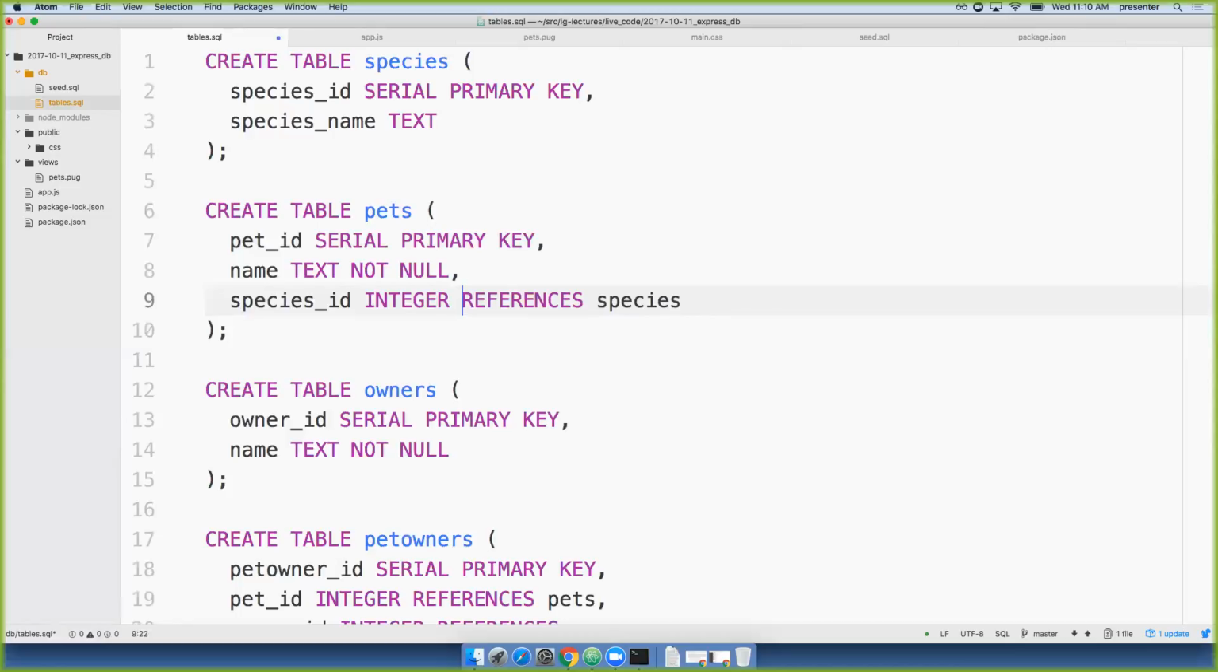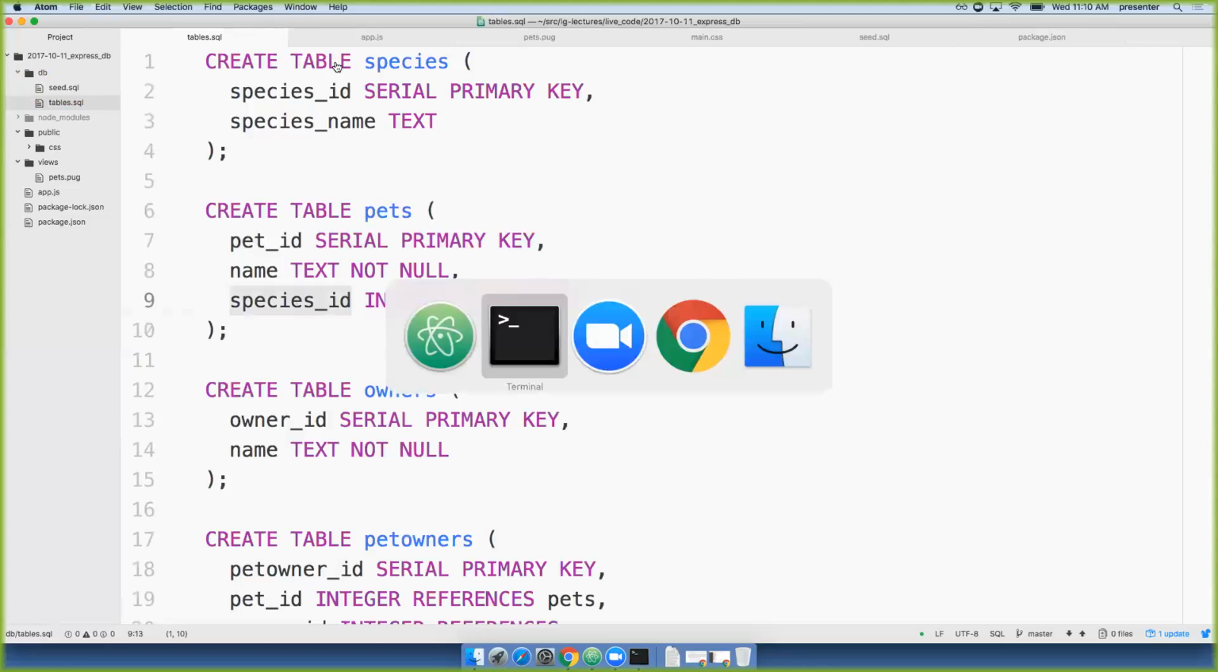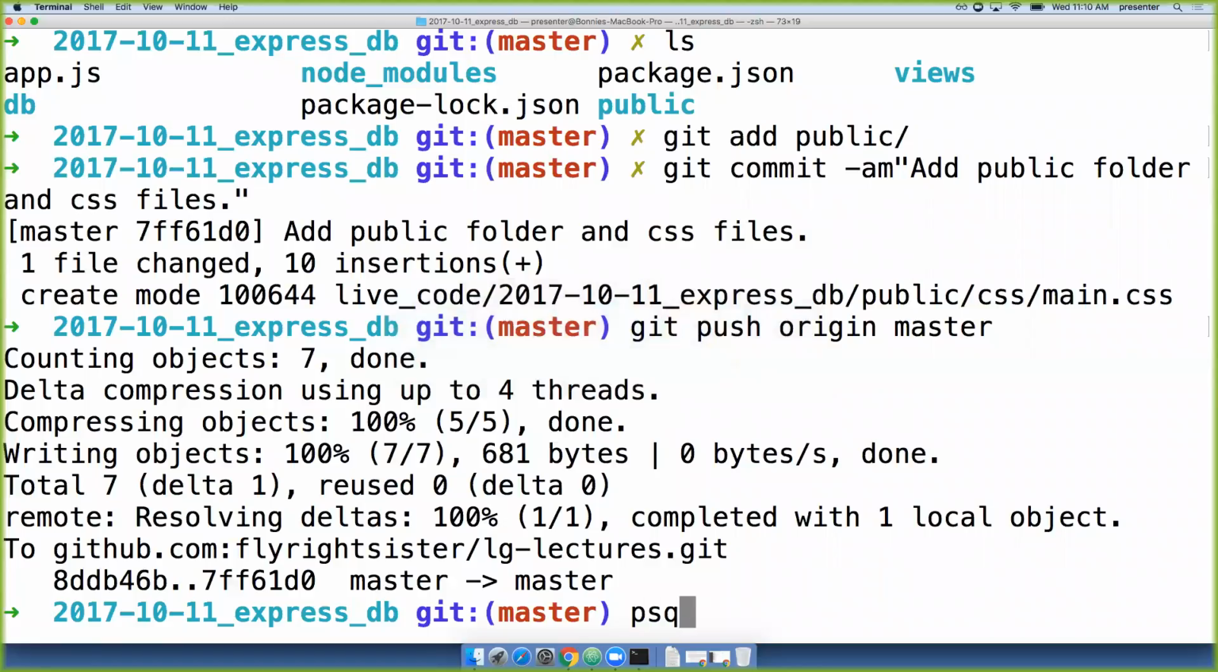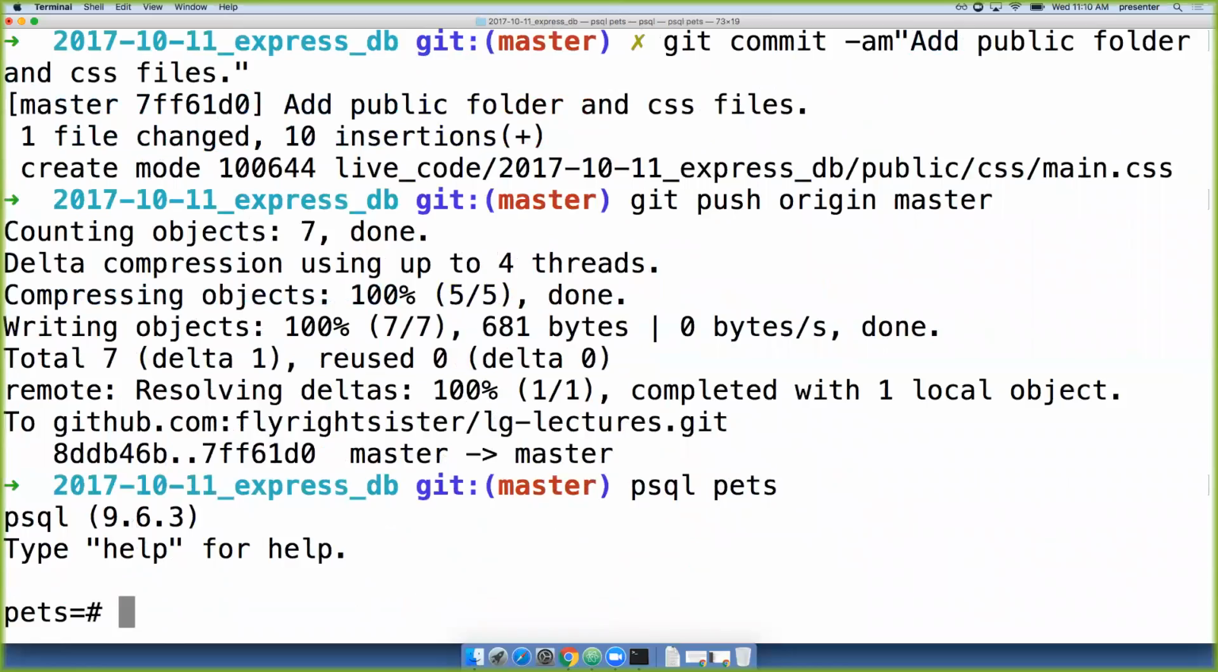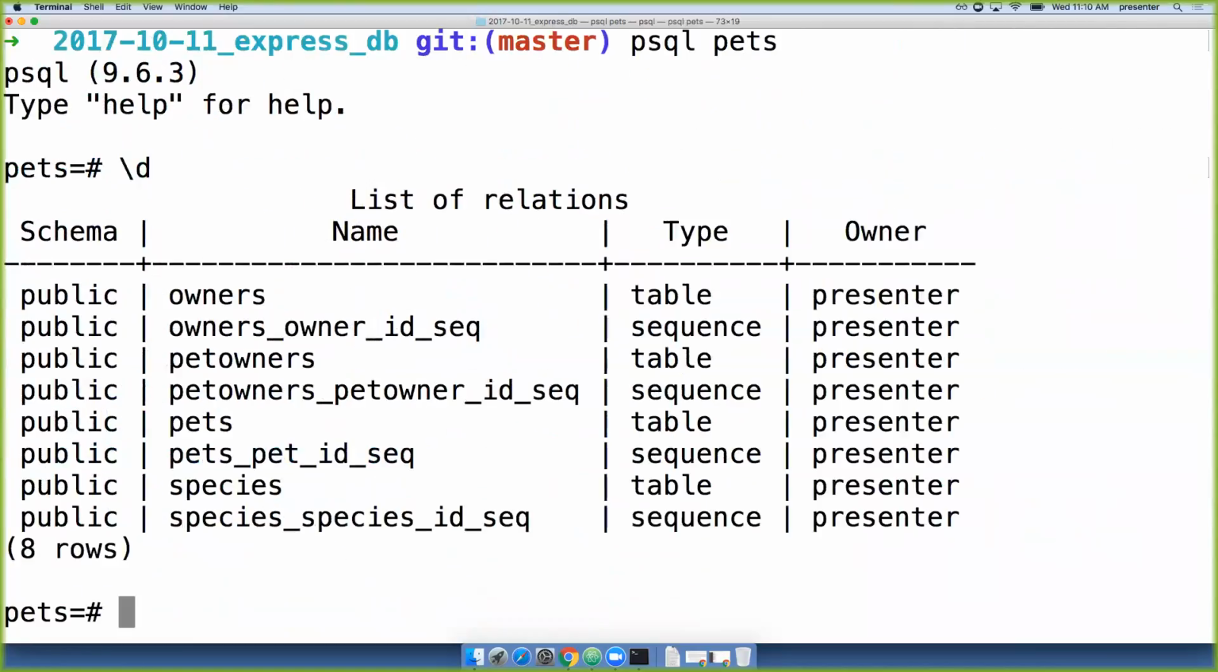If I have a species in the species table and it's being referenced in the pets table, I cannot delete that species row. Yeah, so let's actually try that. So let's go into my database. Okay, and so how can I just take a look at what my data is? \d will show me what my tables are. Then you see the table, select star